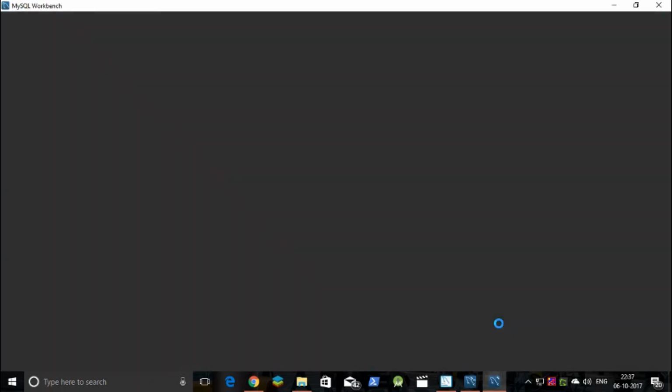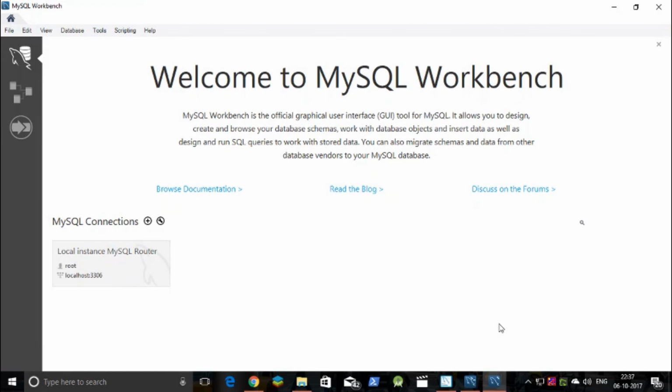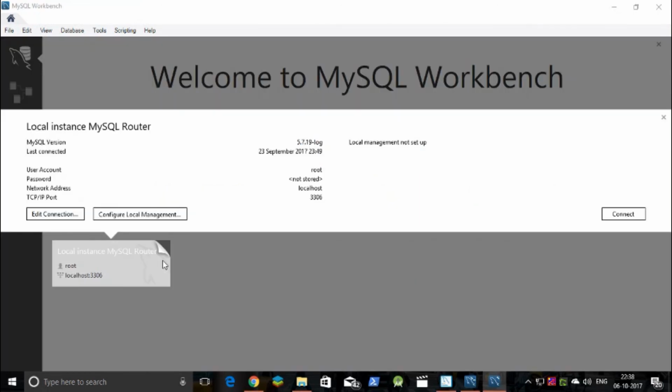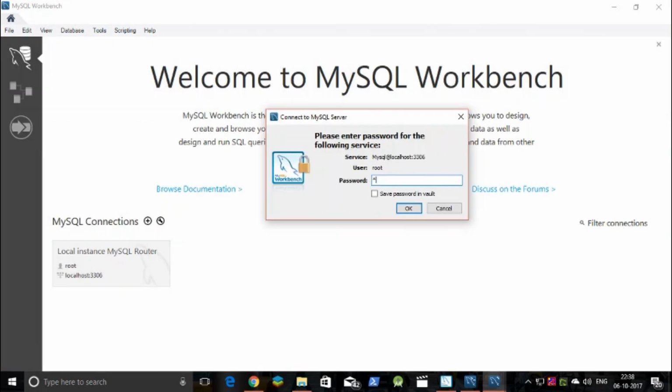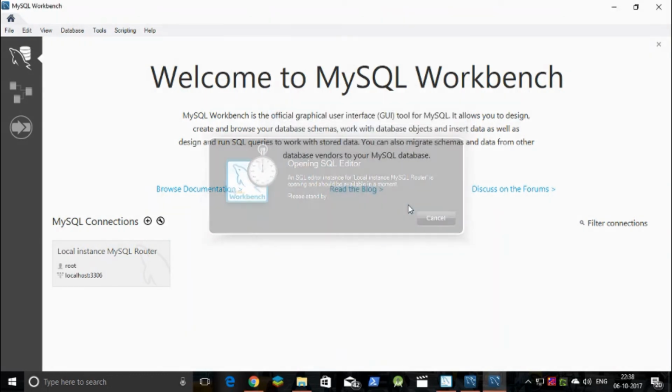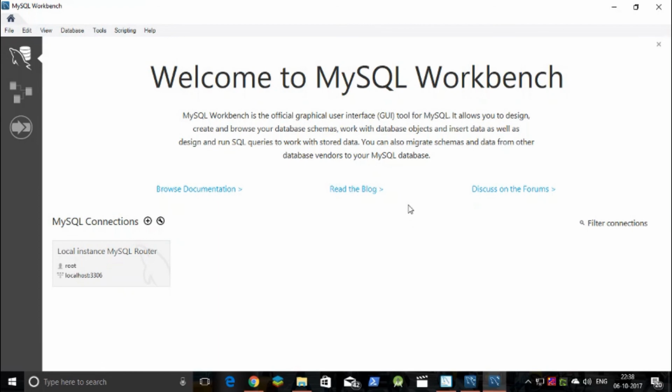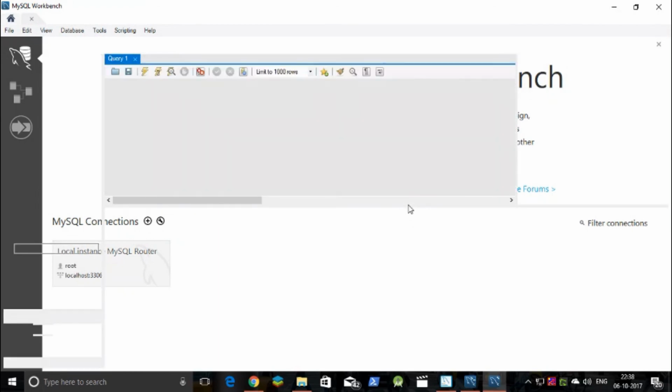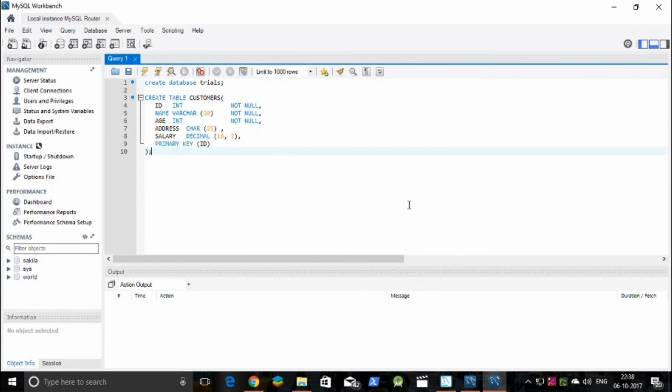So this is the front end. So here you can see it is the workbench, which is a front-end software by which we can interact with the backend software. So we need to enter the password right now. So if the password matches, it successfully logs in to that